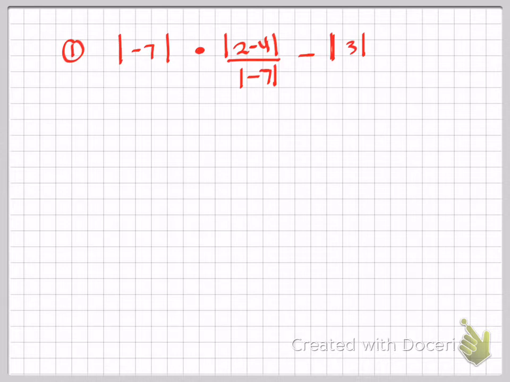What I do first is I do the absolute values first. Absolute values first. And so what is the absolute value here? 7. And 2 minus 4 is -2. We know that's -2, right? So it's 2 over 7 times the absolute value of -2, which is 2. The absolute value of 7 is 7. And then the minus sign is outside of the absolute value, so you just put minus, and then the absolute value of 3